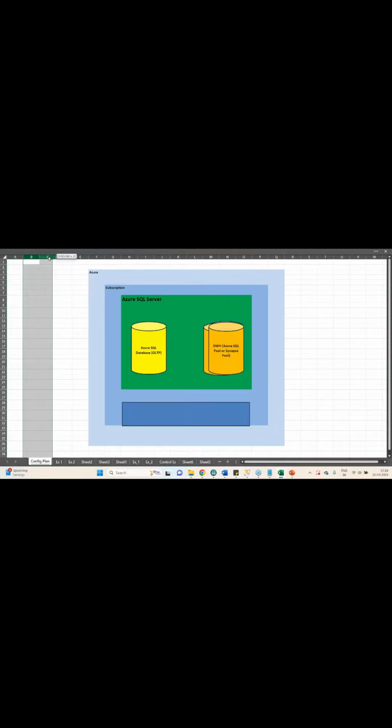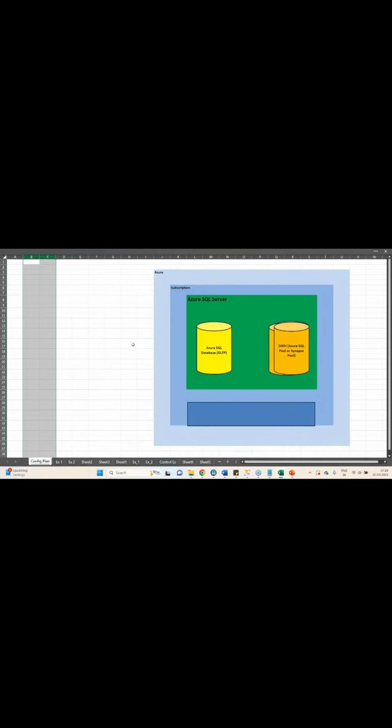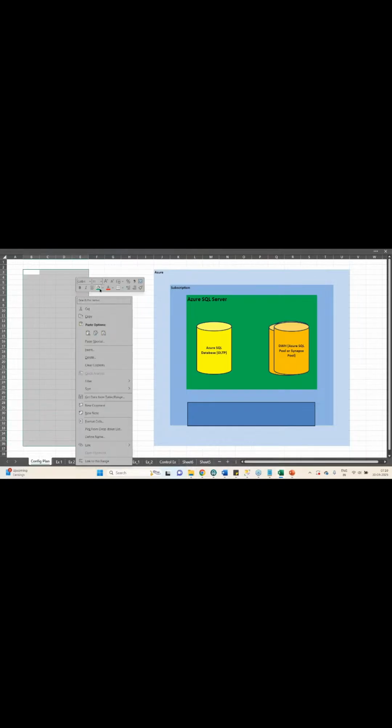Yes, so here we go. We have two ways to interact with these items. One is using our old friend SSMS. I'll just put this way. So this is your computer. Inside your computer,